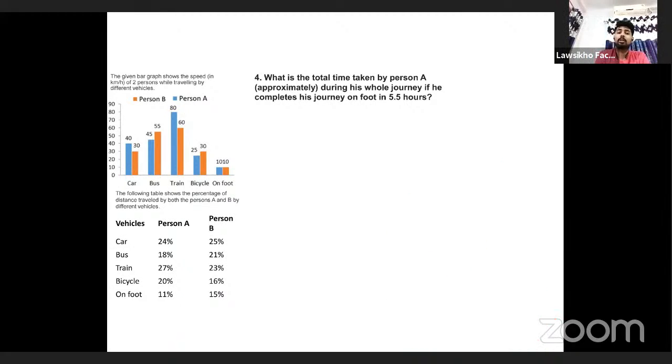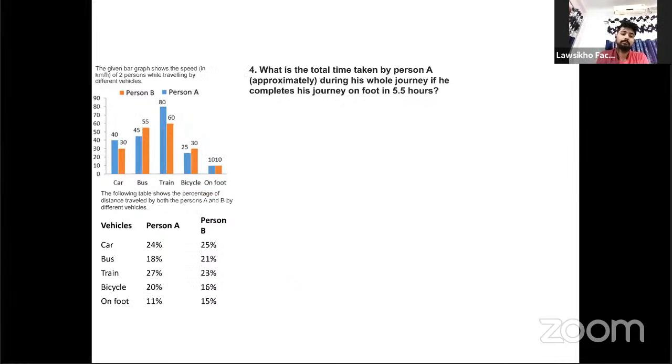समझ में आया ये वाला कैसे हुआ? बिकॉज यू हैड द टाइम, देखो इसमें तुम्हें एक ही डेटा दिया गया था विच इज द टाइम टेकन टू कंप्लीट हिज जर्नी ऑन फुट। ये एक डेटा से यू वेंट ऑन फाइंडिंग आउट all the other parameters, which is the individual distance, individual time, individual speed दिया हुआ था। So only this one data enabled you to find everything else which was hidden there, ठीक है। So you need to be aware of what the question is actually asking you rather than doing it on a superficial level, ठीक है। 5.5 आवर्स था तो उससे टोटल डिस्टेंस निकला, टोटल डिस्टेंस से इंडिविजुअल डिस्टेंस निकला, इंडिविजुअल डिस्टेंस से इंडिविजुअल टाइम टेकन निकला, एंड यू ऐड ऑल ऑफ देम, ठीक है। नेक्स्ट क्वेश्चन,